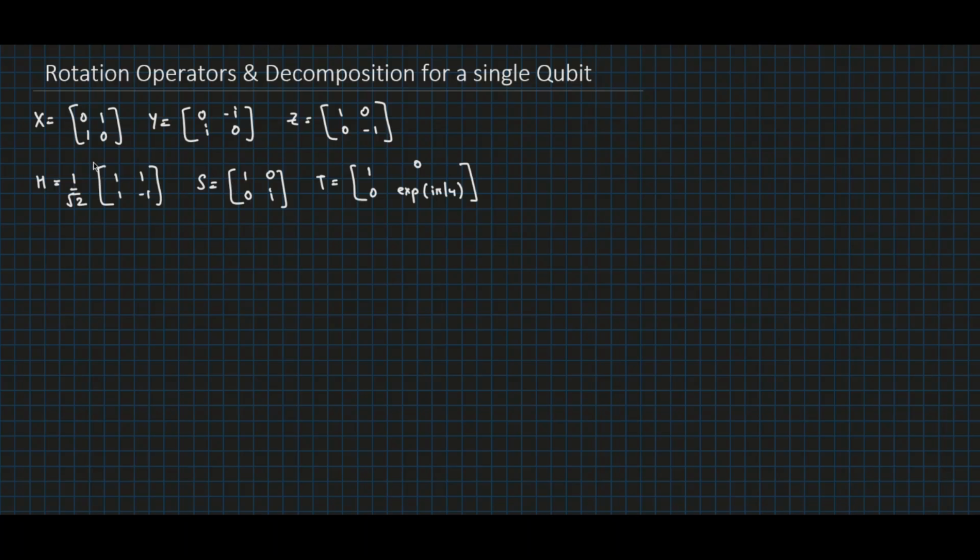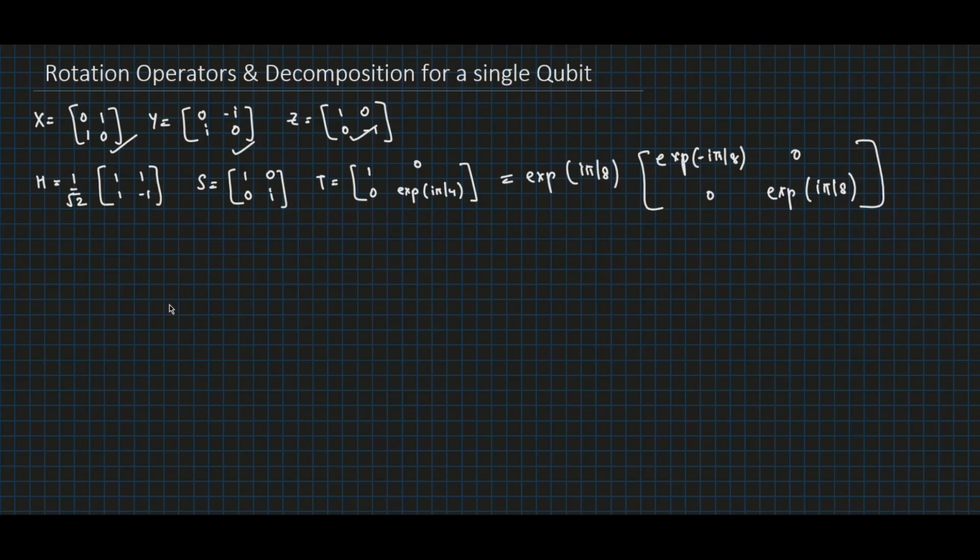So far, we saw the X gate, Y gate, and Z gate. We also saw the Hadamard gate, phase gate, and pi by 8 gate. We call the T gate the pi by 8 gate since it can be written as T equal to the matrix with e raised to minus i pi by 8 and 0 on the first row, and 0 and e raised to i pi by 8 on the second row. Now let's see three useful classes of unitary matrices which we get by exponentiating the Pauli matrices.